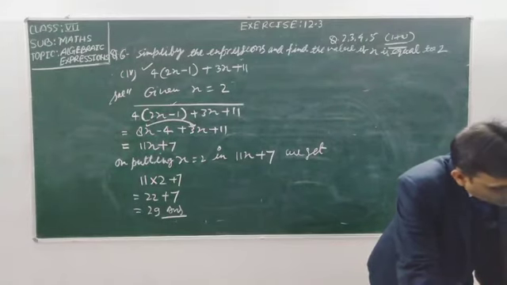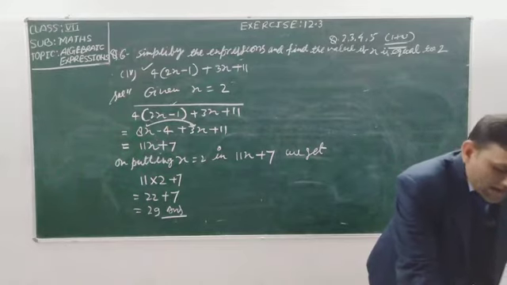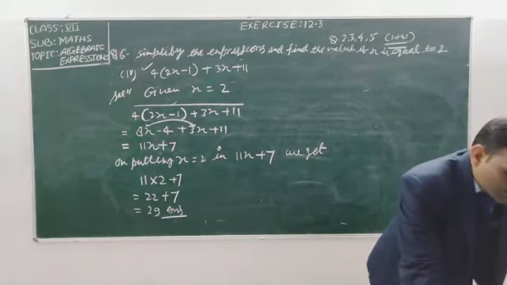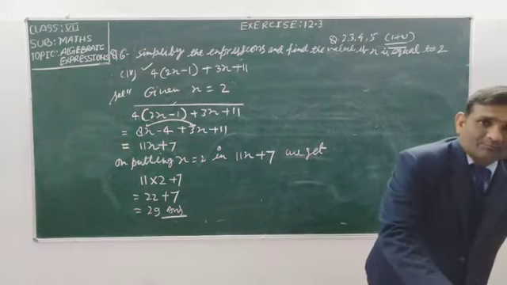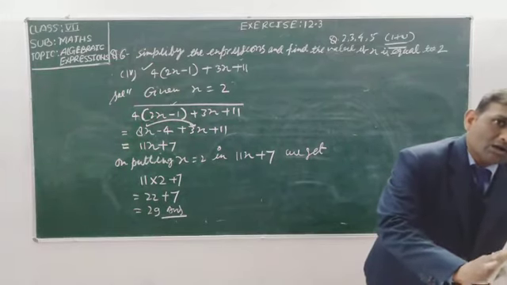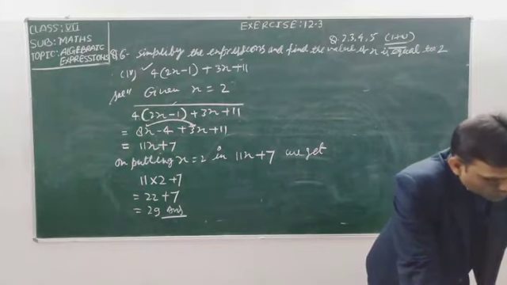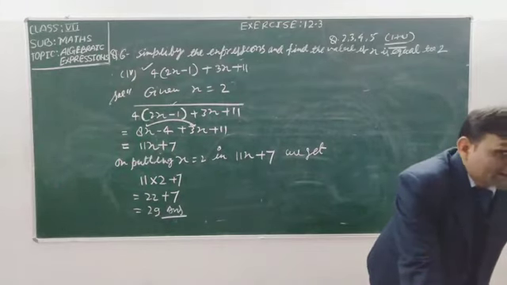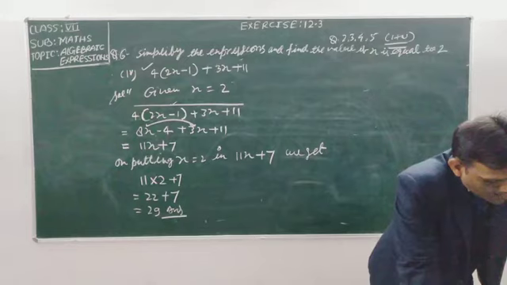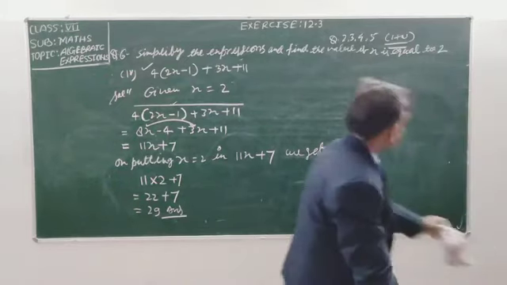If z is equal to 10, find the value of z square minus 3 into z minus 10. As same, student, question number 6, 7, 8, all are same. So, question number 7 and 8 is your homework. I am taking question number 9 of this exercise.